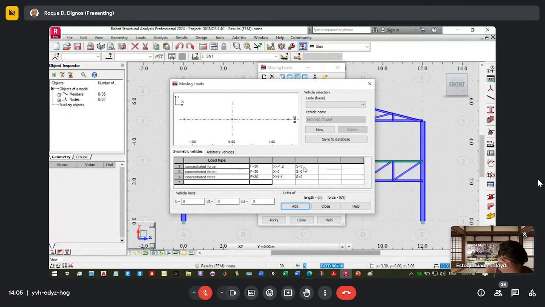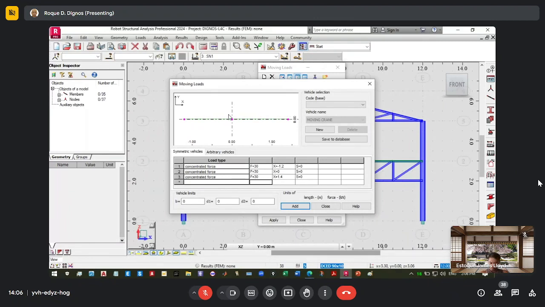So S is 0 because it is a line of force. So if we put S, say S is 1 meter, therefore there is another 1 meter of the load's travel. So it's just like that. Later on, in lesson 5, which we'll be discussing on Friday, there are two loads, our moving load.